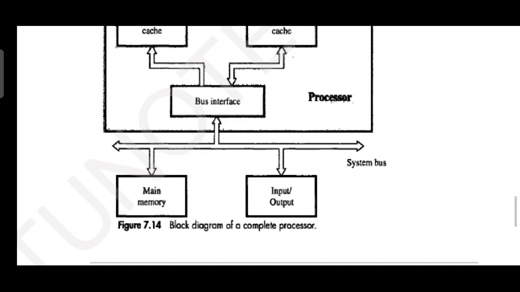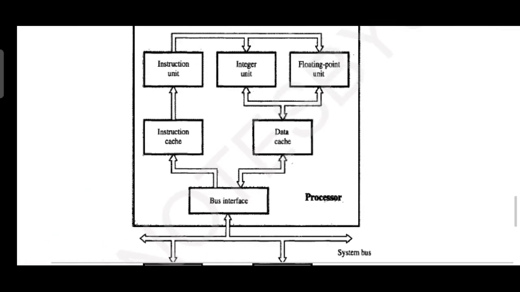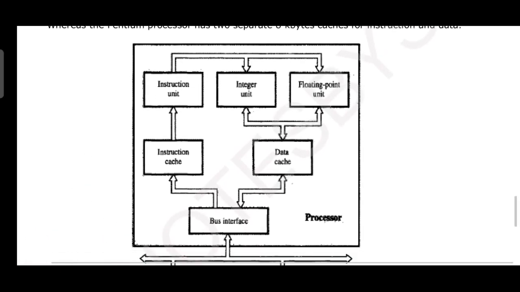So the processor has got a bus interface in it. Okay, see here, it has got an instruction unit as well as a data unit. Just before the instruction unit we have an instruction cache. Cache is a temporary memory. If you store the data in the cache, then you need not refer to the primary memory for the same; you can easily access it from the cache itself. There is an instruction cache and a data cache to temporarily store the data, just to speed up the computation.